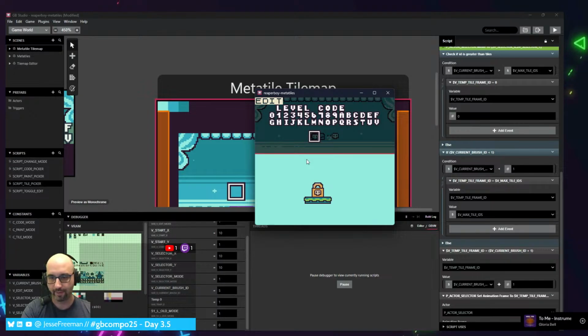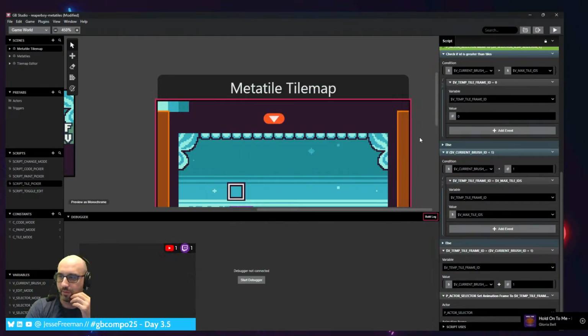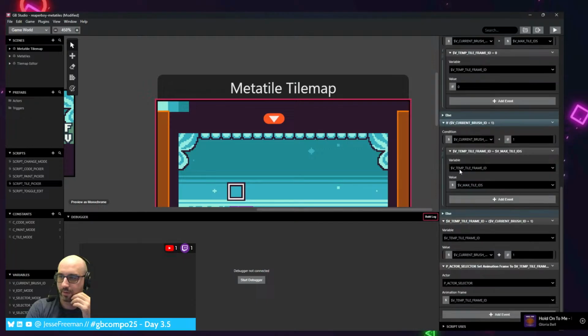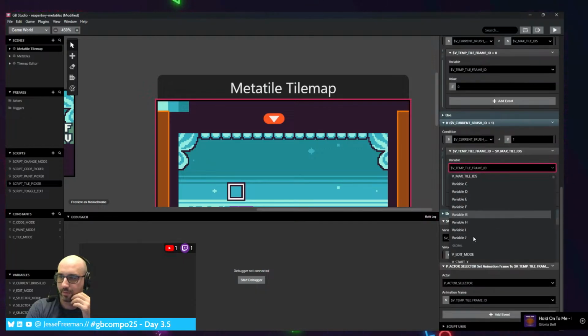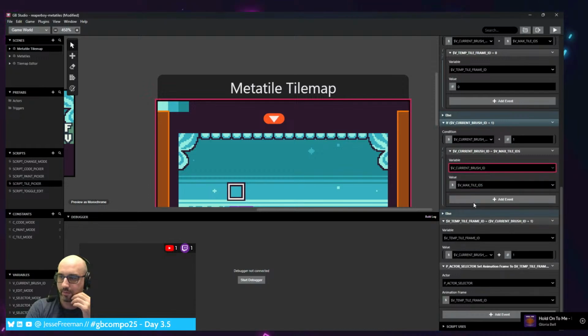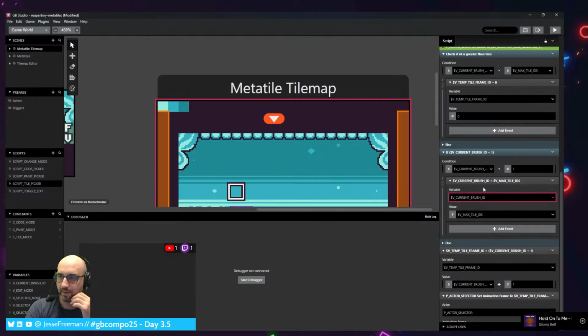Four, 5, 6, 7, 8, 9, 10, 11, 12. V current brush ID. Why are you V current brush ID? V current brush ID, set this to V max tile IDs, and V